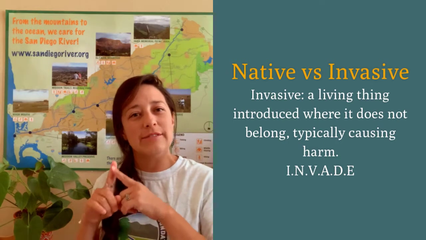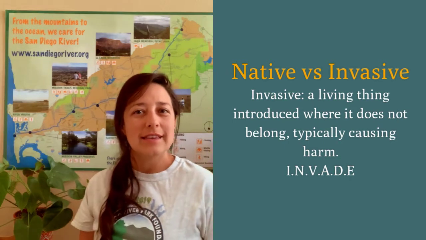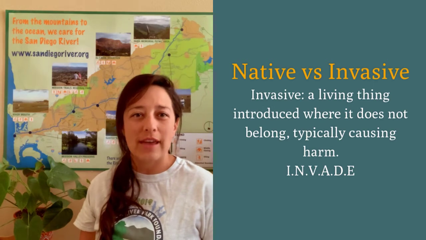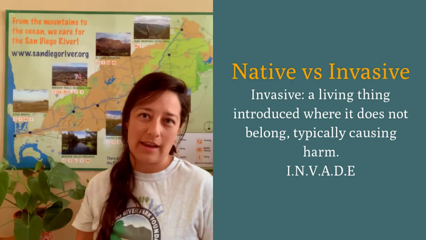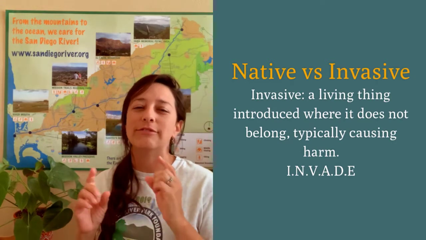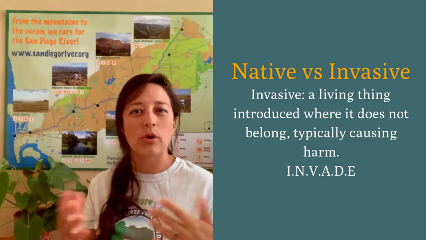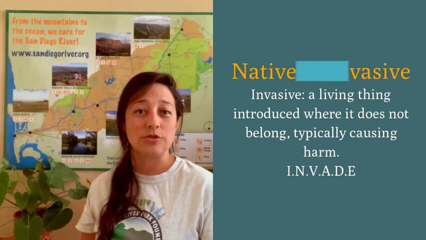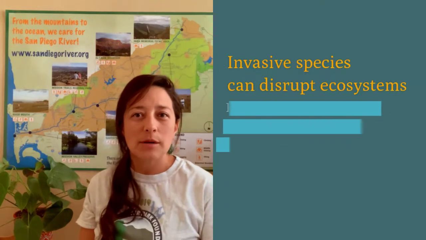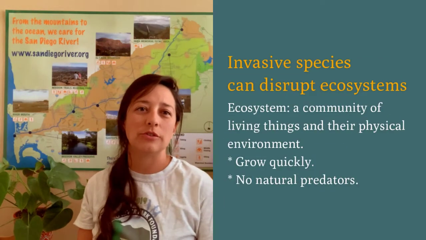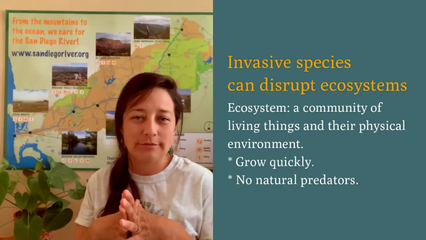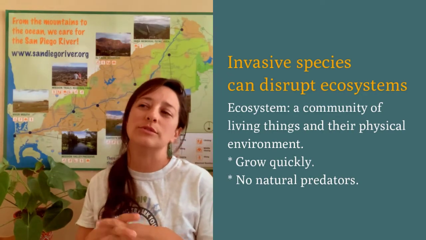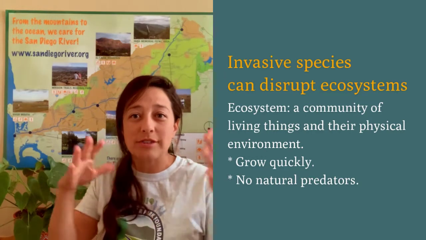If you look at the word invasive, it may remind you of the word invade. That makes sense because a plant or an animal can invade an area, dominate it, and leave very little resources like food and water for other living things to survive. Invasive animals and plants can disrupt the balance of an ecosystem, which is a large community of living things and their physical environment. For example, an ecosystem includes the soil, the rocks, the water, the trees, the bugs, the birds,